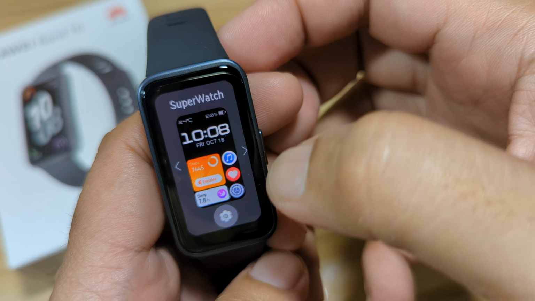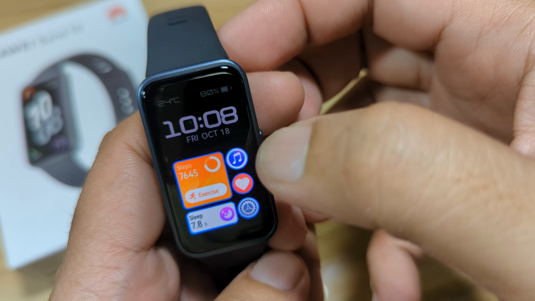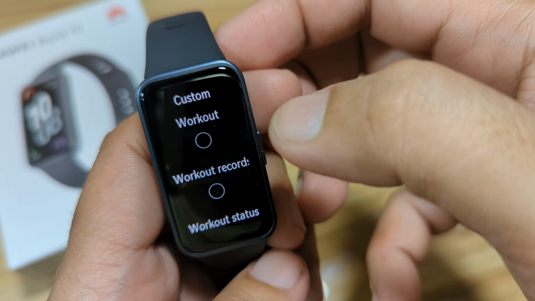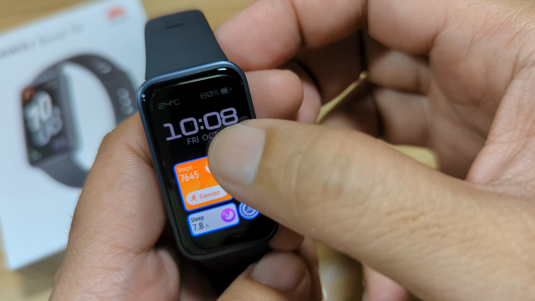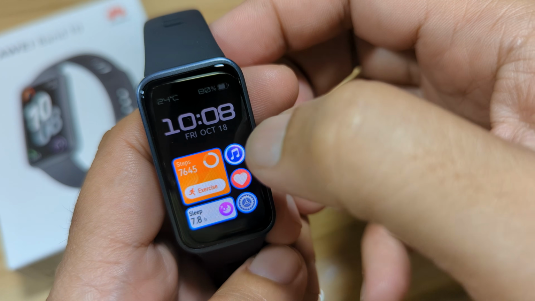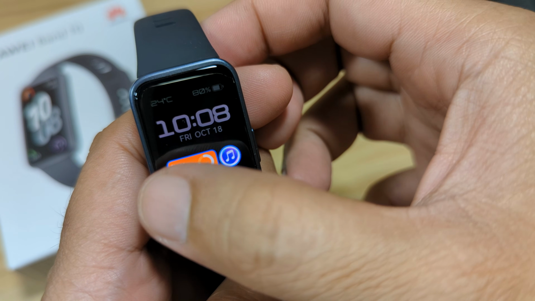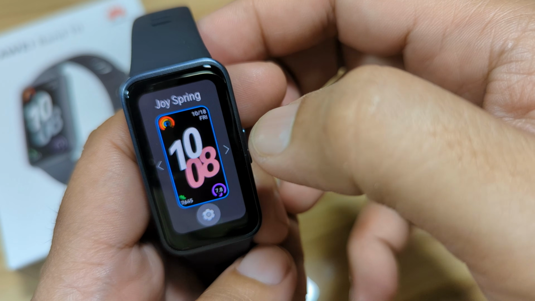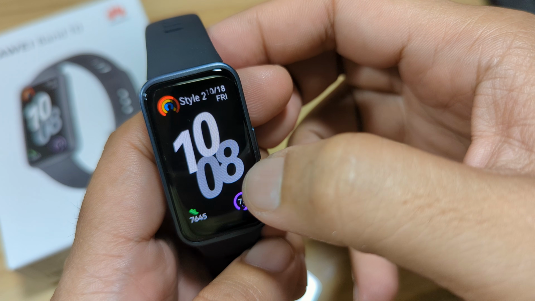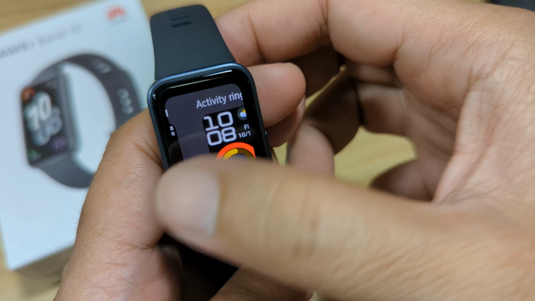So we have here the settings. So you can change this. Workout. So you can set, you can change. Go back. So this one, you can change some of the options here.